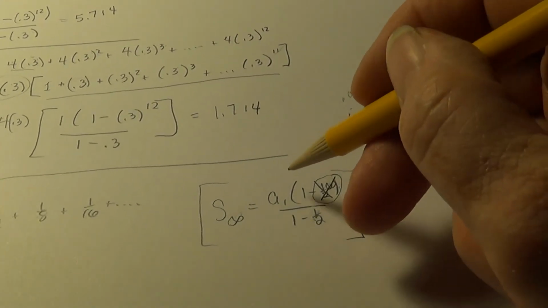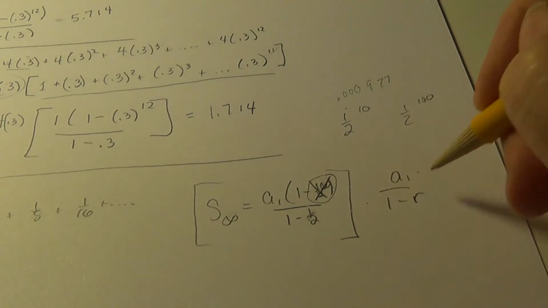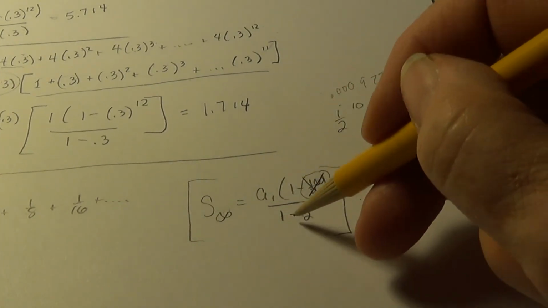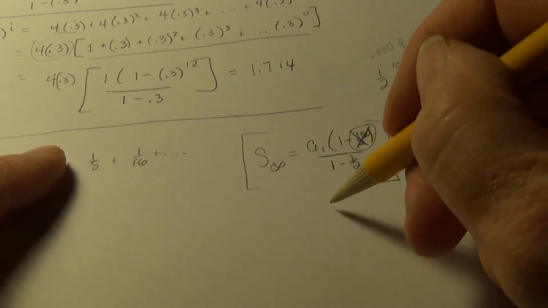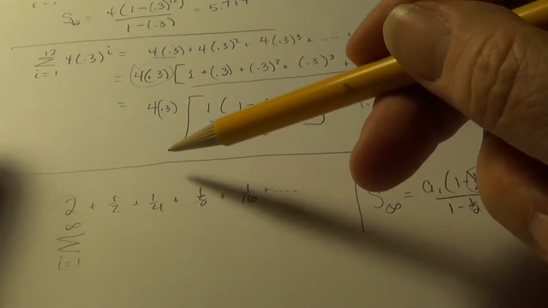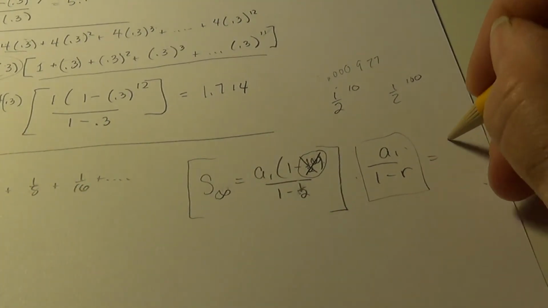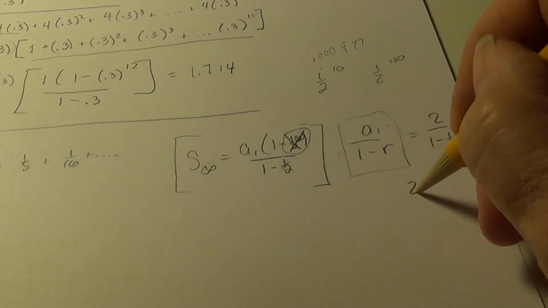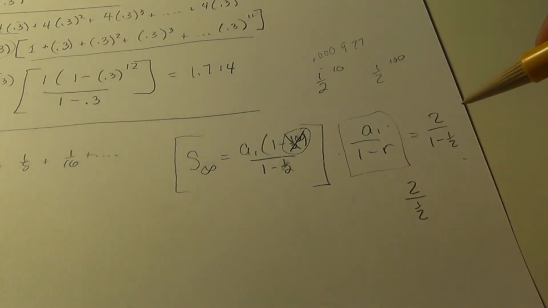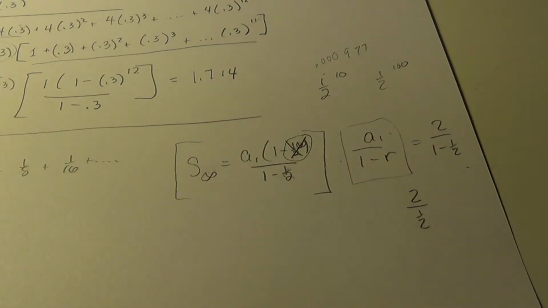We have a sub 1 over 1 minus r, which in this case r is 1/2. So this is going to be the formula. What was our first term? A 2. So we're going to get 2 over 1 minus 1/2, or 2 over 1/2. And when we do that, it gives us,